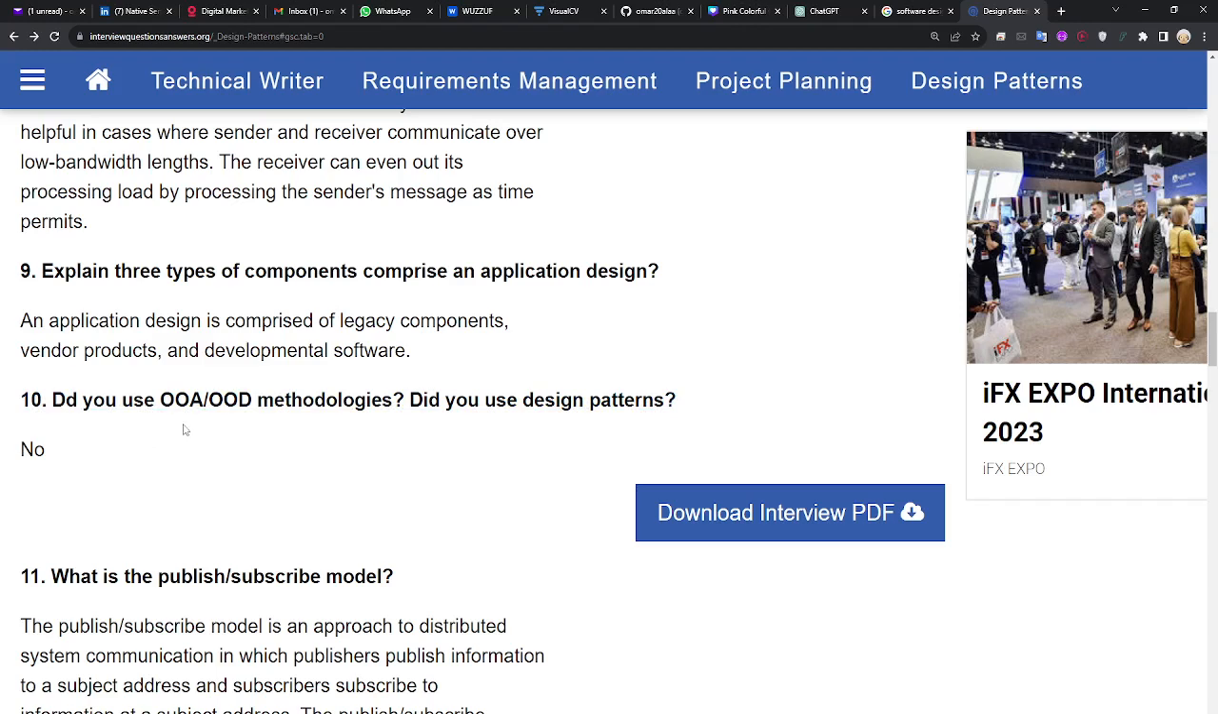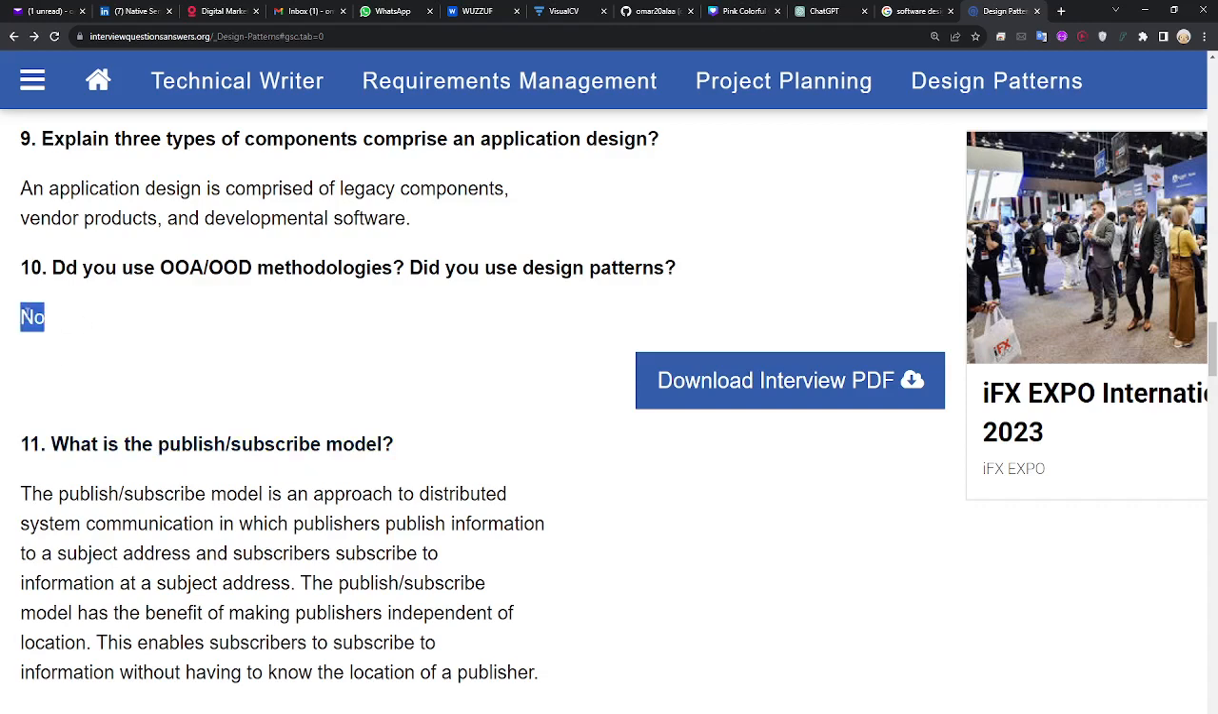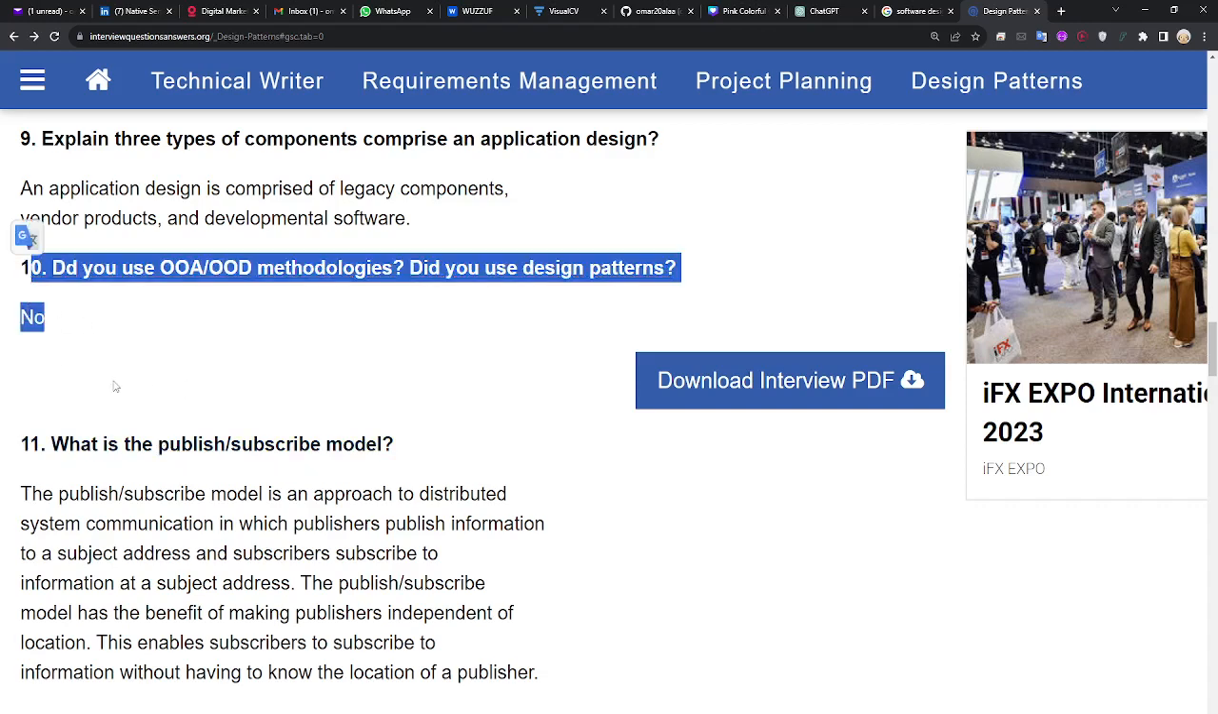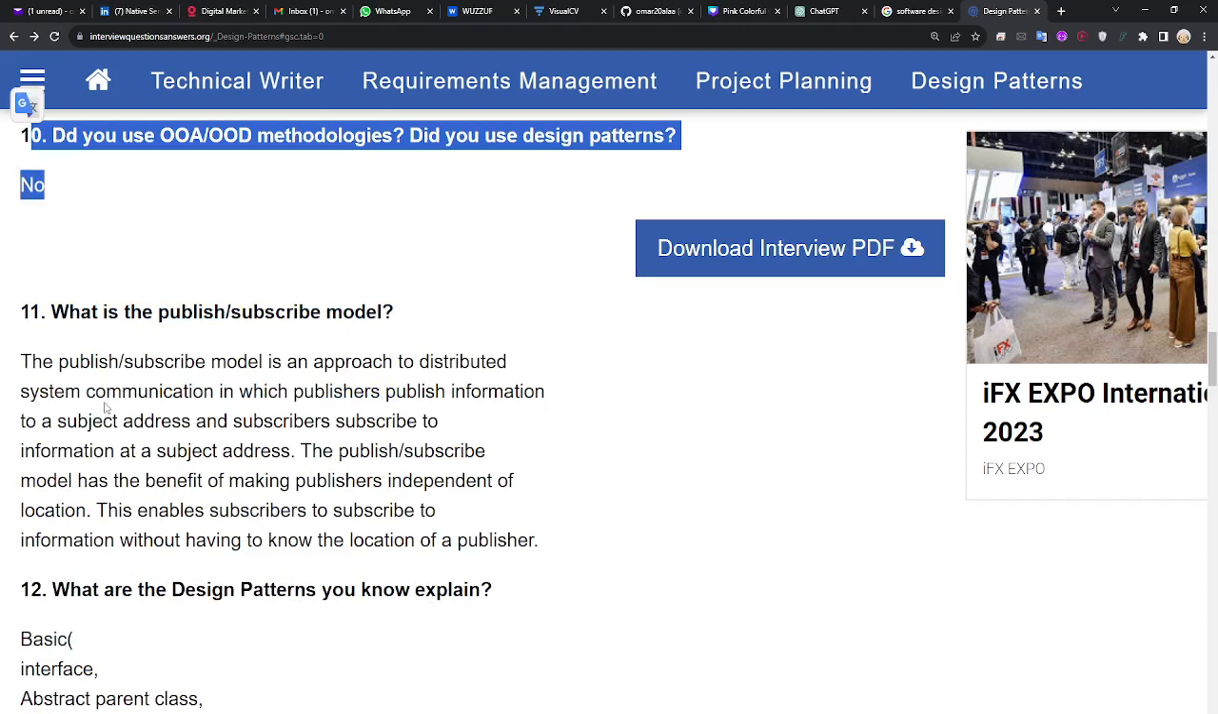Did you use OOA, OOD methodologies? Did you use design pattern? No. مش عارف ايه السؤال العجيب ده. ما علينا. What is the